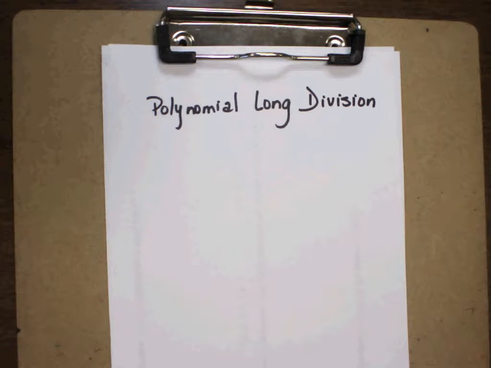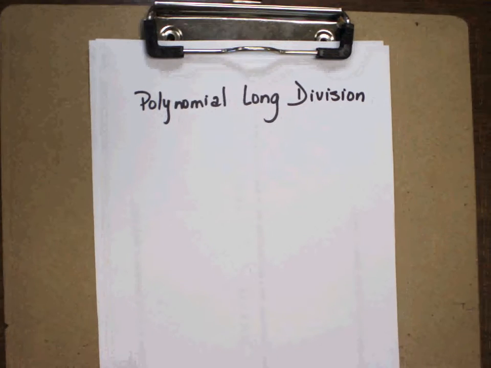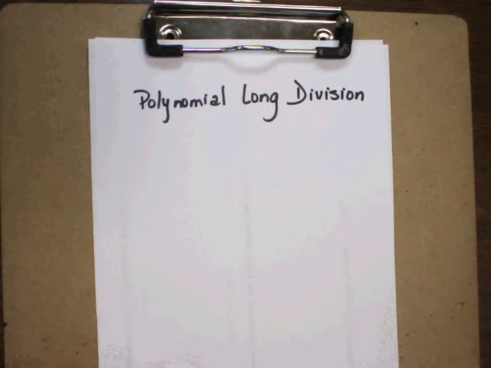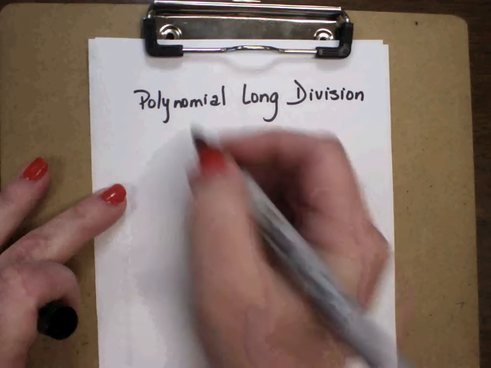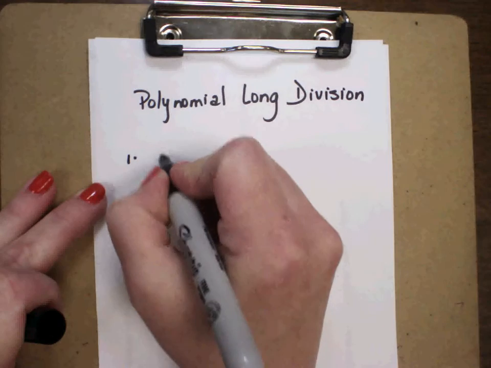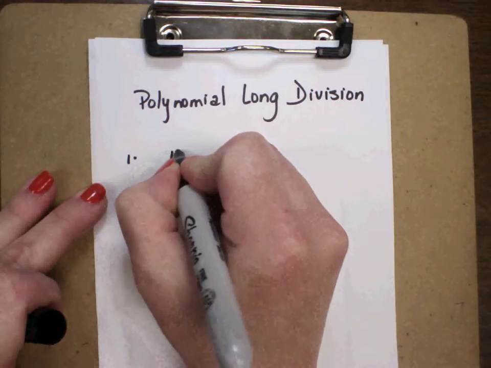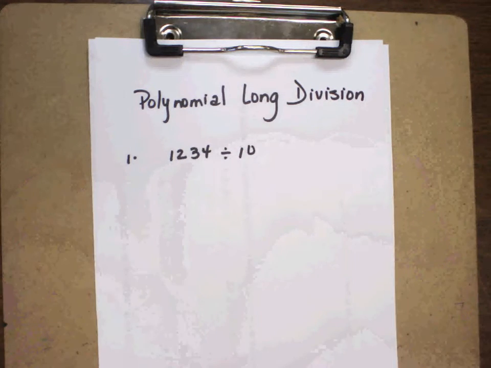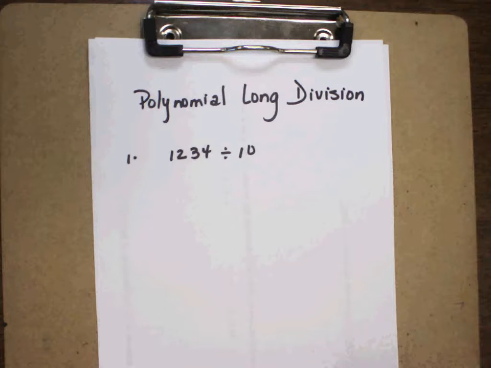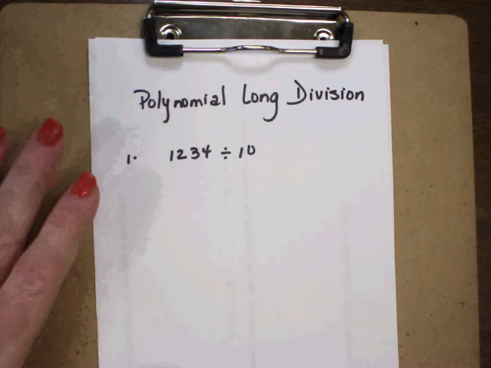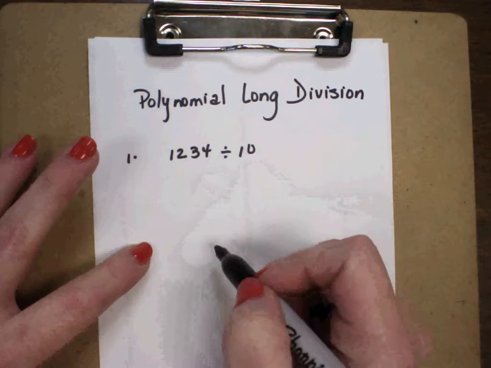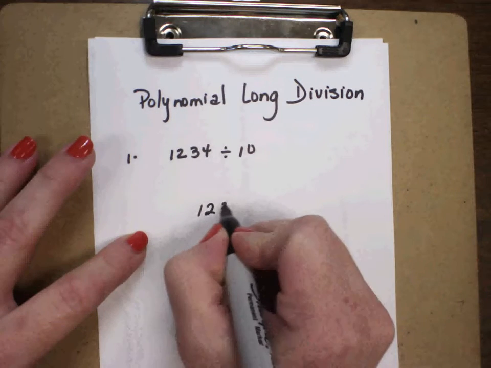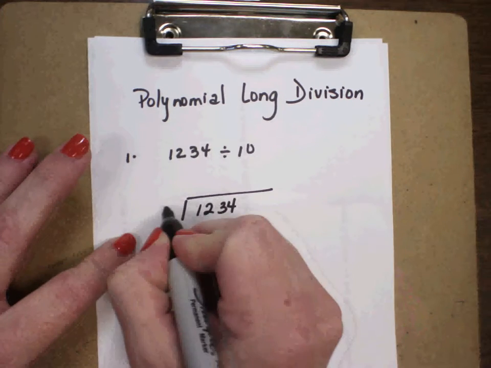All right. So when we do this, it's the same concept as regular division. So, for example, you don't have to copy this down. Just help me with it. All right. If I have 1234, I'm going to stop because I got people talking. Thank you. If I got 1234 divided by 10, and you want to do this without a calculator, right, this